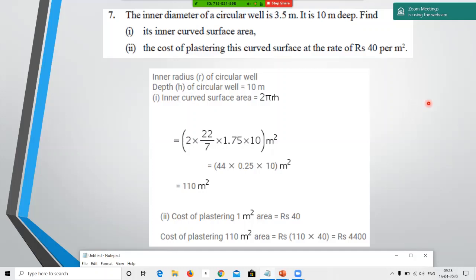And surface area, I mean. Okay, no. See, we should find the outer curved surface. No. We are not talking about plastering the outside, not at all. We are talking about plastering the inside of the well. Okay. Now, somebody said that we would assume it has to be a hollow. That is perfect. Why hollow?